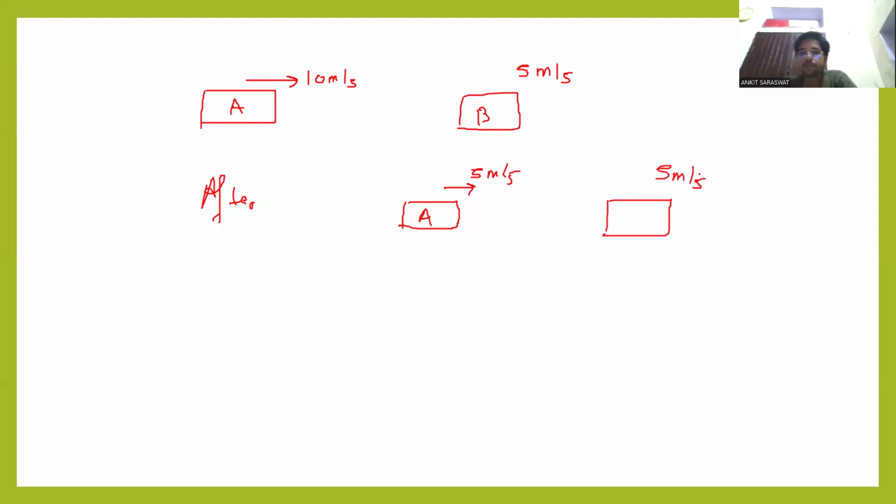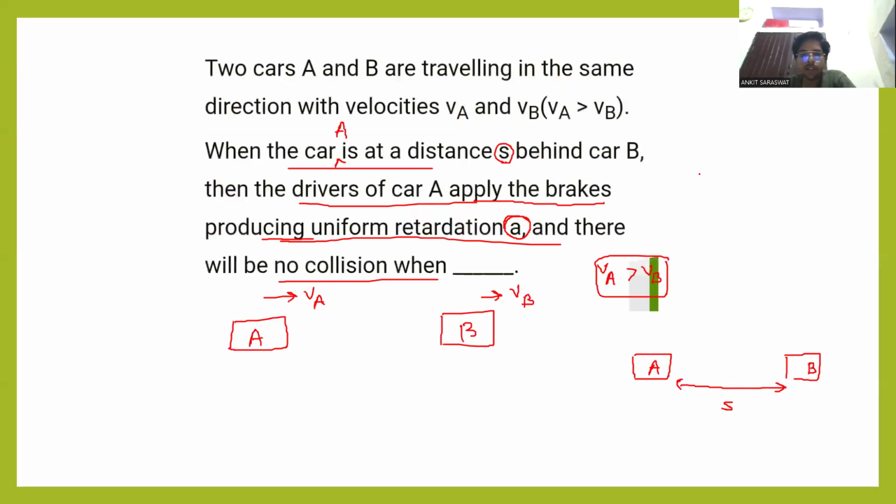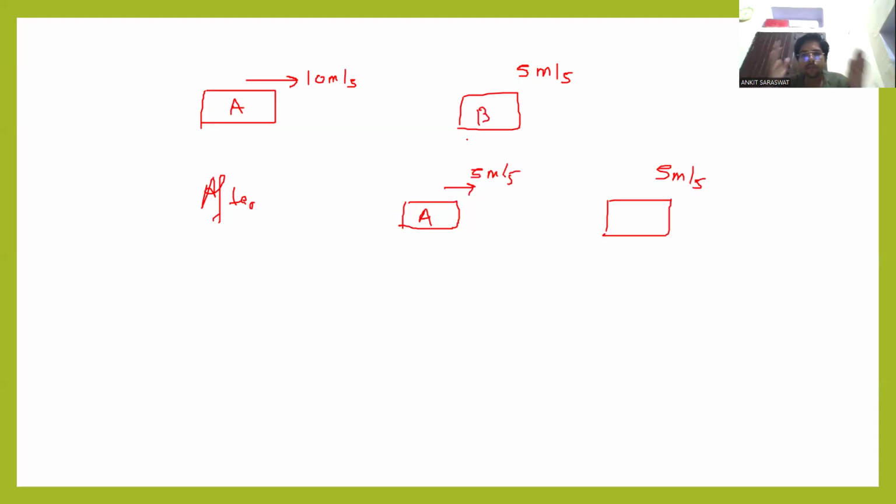Meaning is that, what they are saying: when car A is at a distance S behind car B, then the driver is applying the brake, producing uniform retardation. There will be no collision. Clear? So this is moving 10 meter per second, this is moving with 5 meter per second. So it is confirmed collision will be there. Now we want there should not be a collision. So when the driver of car A is at a distance of S behind car B, then this driver is